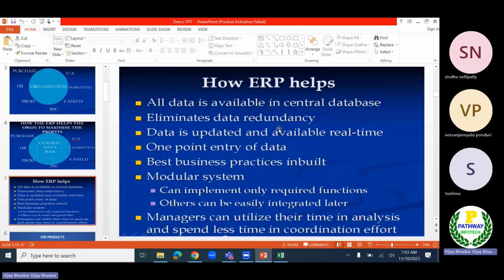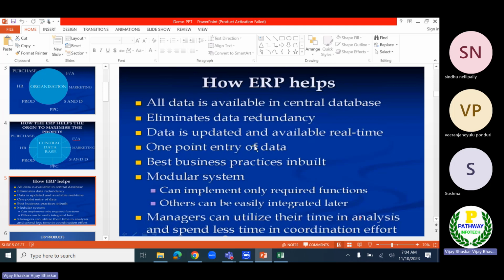Eliminated data redundancy. The application will not allow data duplication multiple times, but at least the system will throw a warning message. The system will give information to the users the moment they are entering duplicate information.